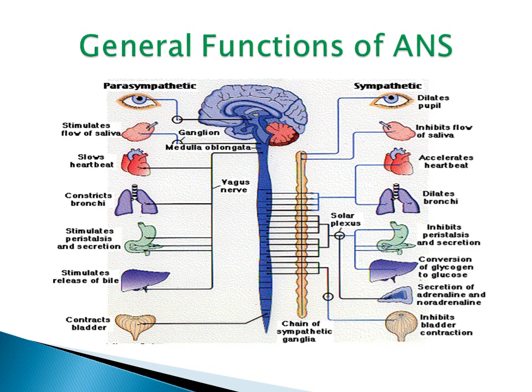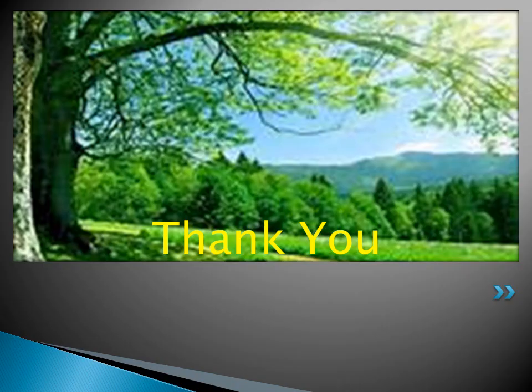Now moving on to the action on the blood vessels. The sympathetic nervous system does constriction of all blood vessels except those in the heart, skeletal muscle and the liver, and the parasympathetic nervous system does dilatation of the blood vessels. In the sweat gland, the sympathetic nervous system has only one action: it increases the sweating process. So that is about the autonomic nervous system. Thank you.